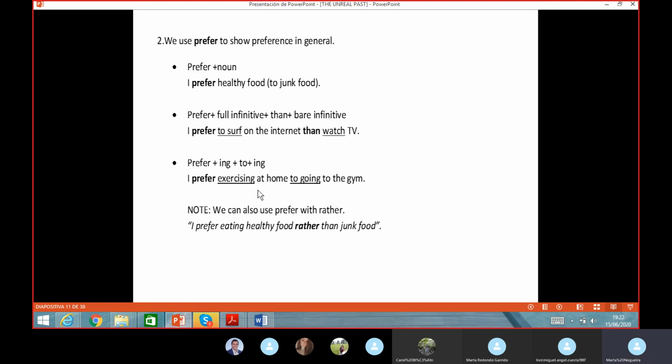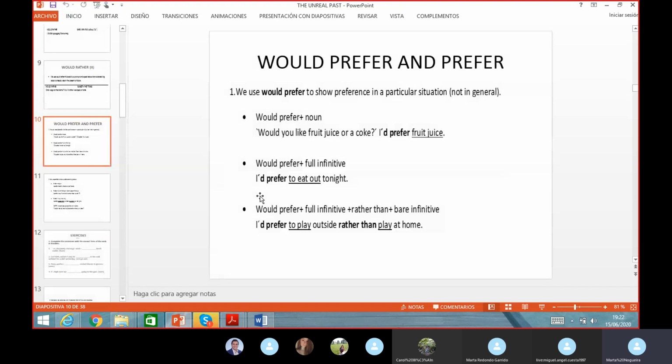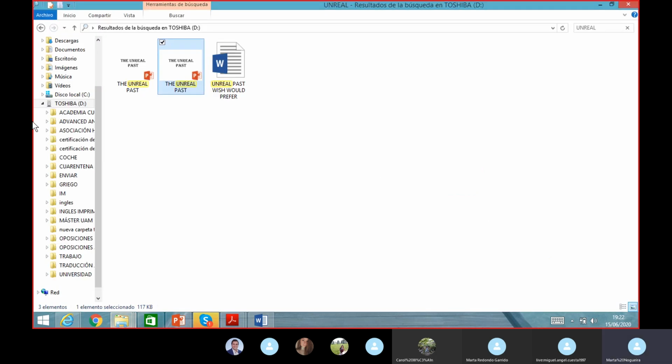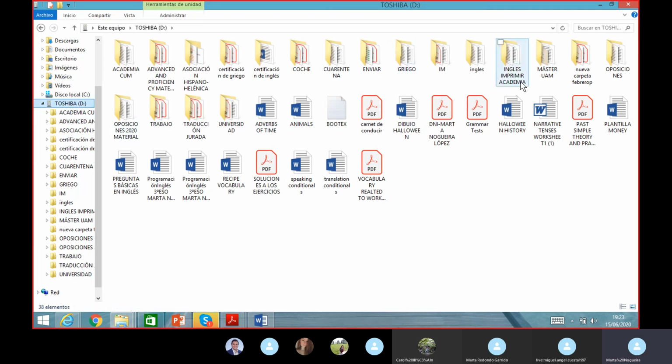Entonces ponemos un asterisco. Luego también depende del dialecto, si estamos en inglés británico, americano o australiano, ¿vale? Depende. Prefer sí que puede ir con ing, pero puede no ir también. I prefer to go. Yo diría I prefer going. Yo sí que lo uso con ing, ¿vale? Pero hay que saberse la gramática, o si va después de un would, entonces sí que podría ser prefer. Pero not always. Esto es la gramática, esto es como matemáticas.